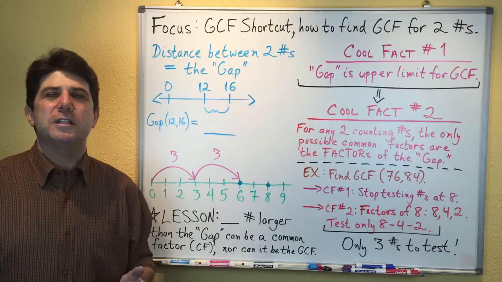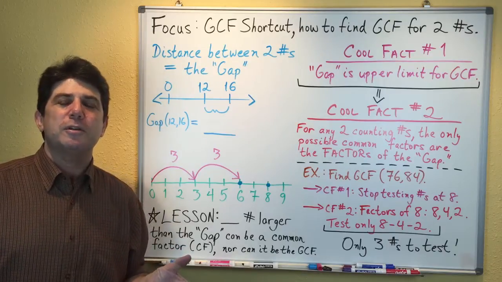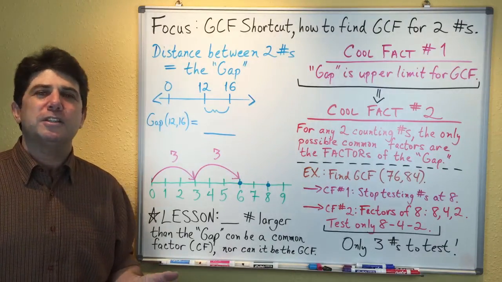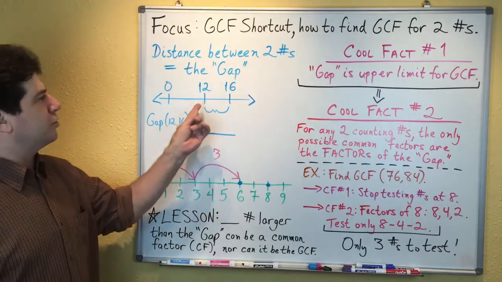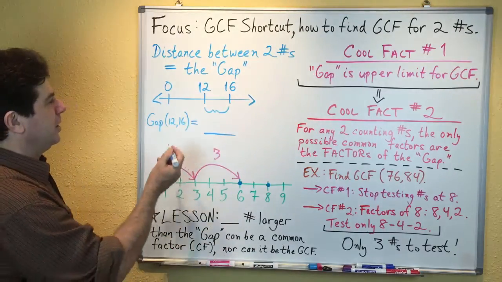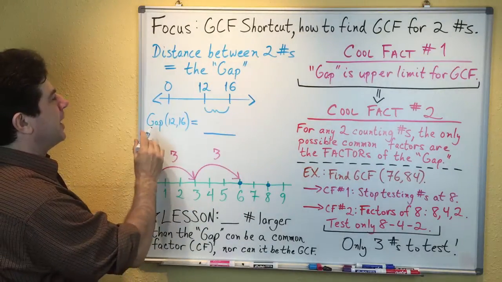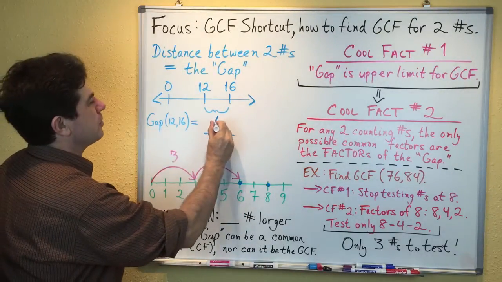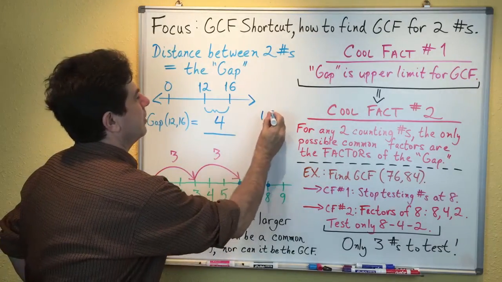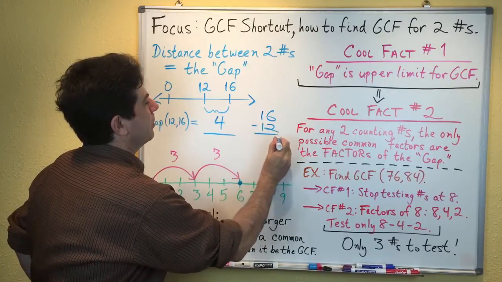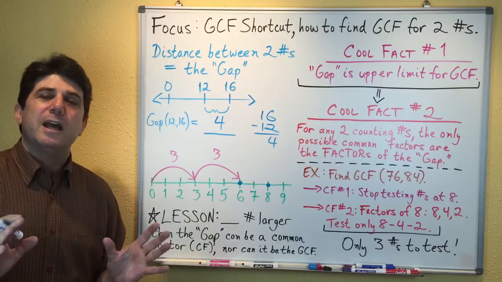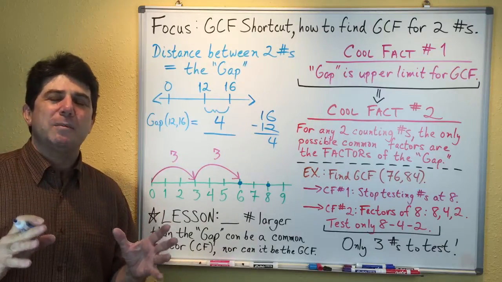Now, when you're finding the GCF for two numbers, those two numbers have a certain distance that they're apart by on the number line. For example, if you're finding the GCF for 12 and 16, here's 12, here's 16, those two numbers are a certain distance apart on the number line. So I call that distance the gap. So the gap for 12 and 16 is, of course, just 4. They're 4 apart on the number line. And of course, you can get that just by doing 16 minus 12 is 4. You get it through simple subtraction. Okay, now that's an important concept, as you'll see, for helping us restrict how many numbers we need to check